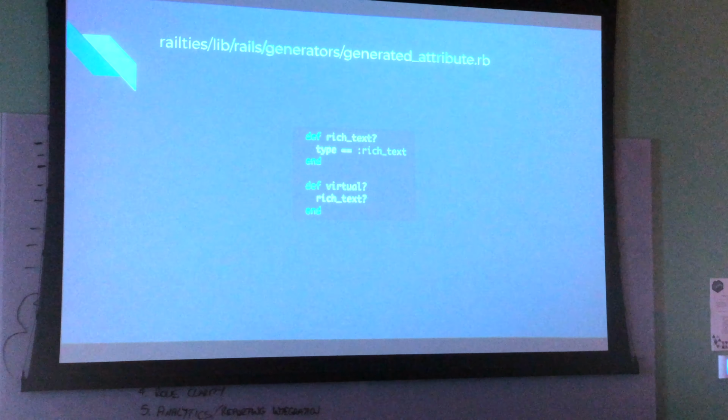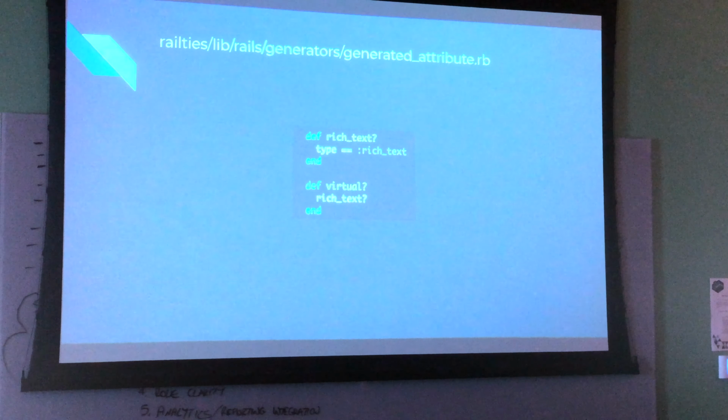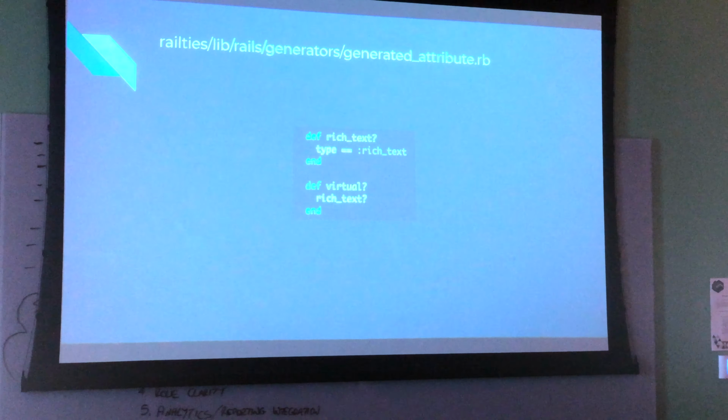And so I added these, and this was the first one I started to realize was a virtual attribute, where it's not actually generating a database column. They have ones for belongs to and references, which will also generate a database column for the ID, and if it's polymorphic belongs to, it will generate the underscore ID and underscore type columns. And the rich text then becomes the only one of these types that is a virtual attribute that doesn't need